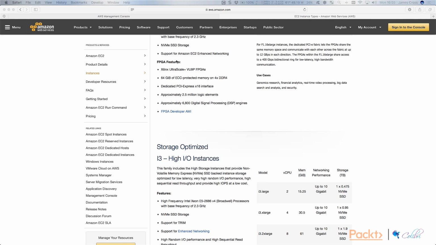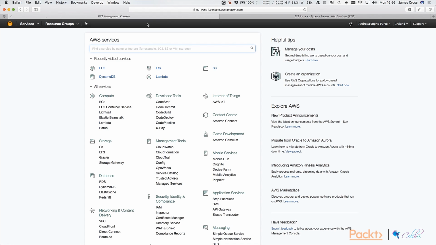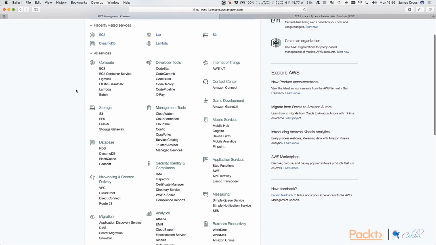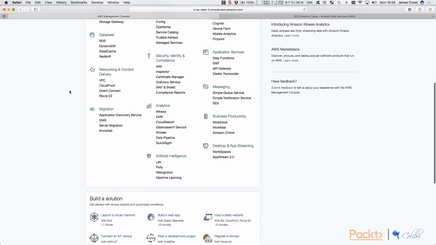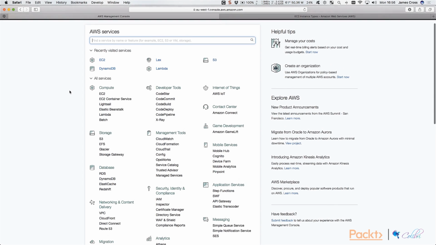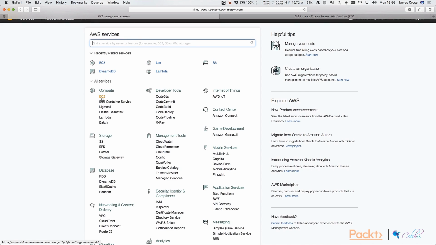Now, I also just want to quickly show you the AWS Management Console. So you can see I've got this open in another tab here. When you first sign into your AWS account, you're going to see something like this. And you can see you also have all of the services listed here under various categories, some of which we talked about in the previous section. Now, what I want to show you quickly is if you just click on EC2 here and wait for this to load